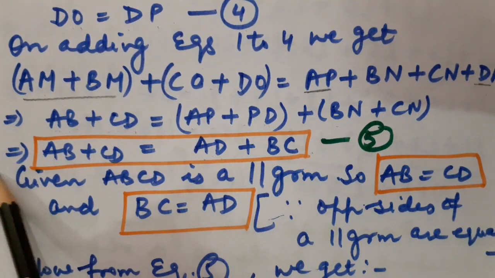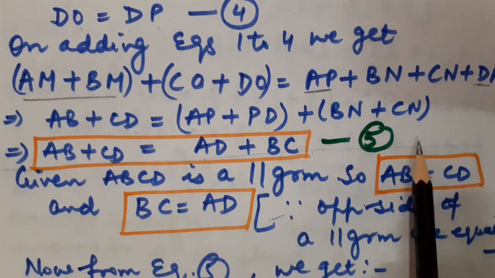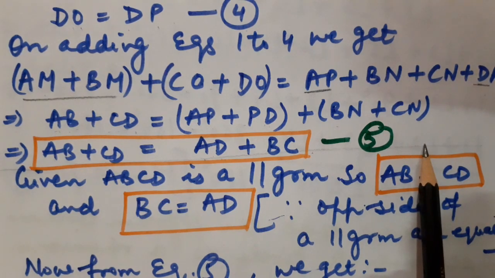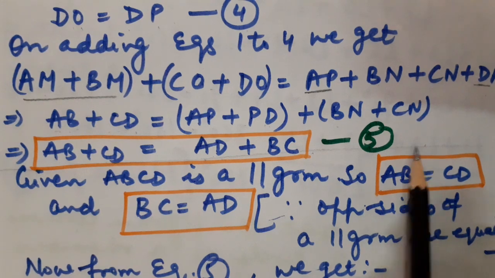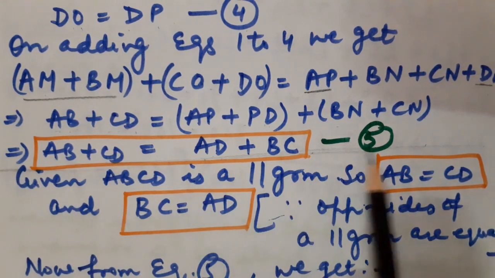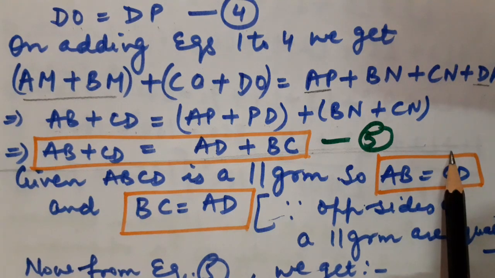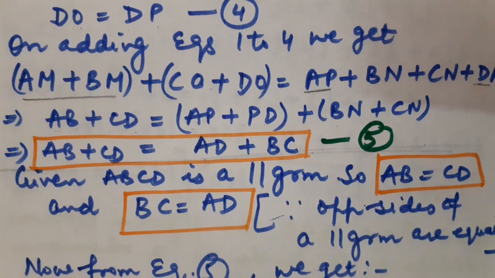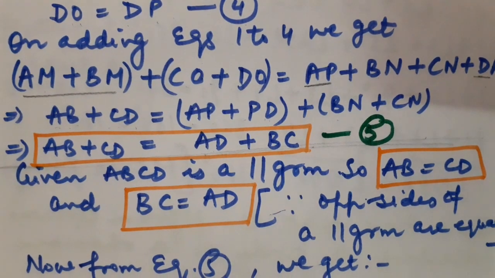Yesterday we proved the question up to here. But there we did not have a parallelogram given. We had been given a quadrilateral, right? Fine, children. So this is up to here. Basically, this is the proof of question number 8. Now, later I am going to apply the concept of parallelogram.